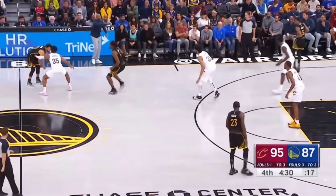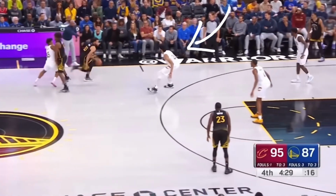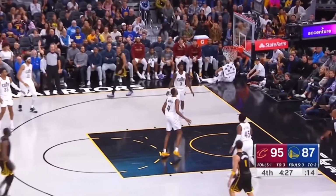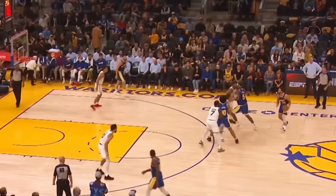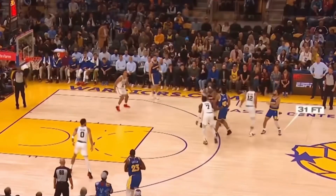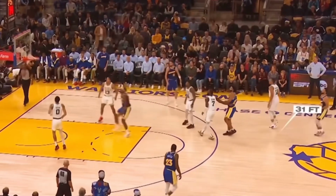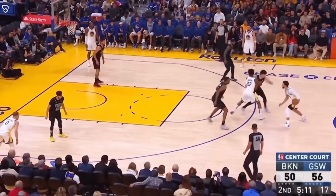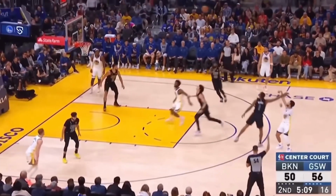As Steph comes off the screen, if the big helping sags too far back, Steph will have too much space to dribble right into a pull-up jumper. The defending guard has to play up on Steph, because if he tries to go under the screen, Steph has the ability to pull a deep 3 way beyond the 3-point line and make it. Watch how when the defender goes under, Steph has enough space to just step right into this pull-up 3 from